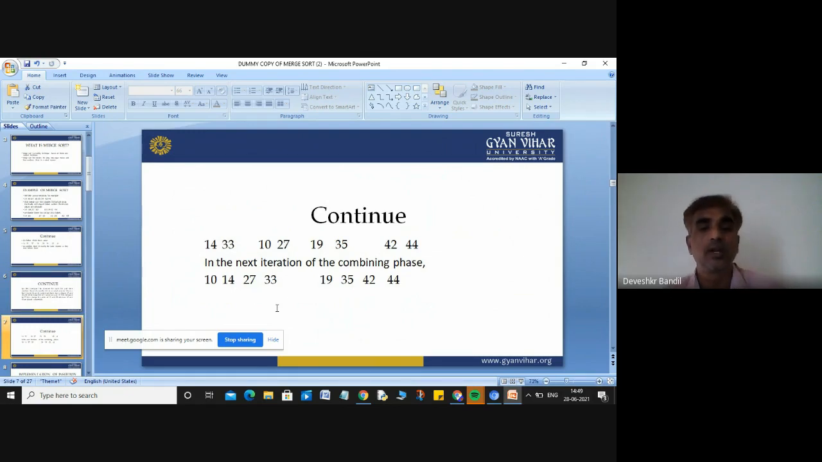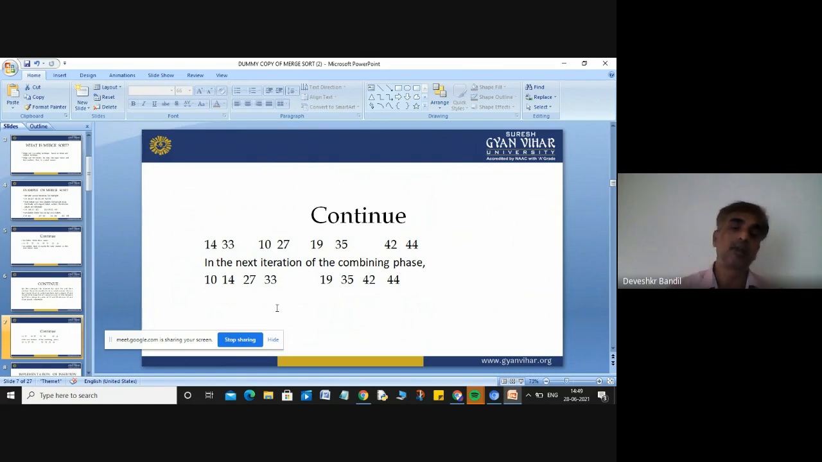First of all, you will combine the 40 and 33. After that you have to combine 10, 27, 19, 35, 42 and 44. And you can see in this given slide, in your first line, all elements are sorted. And in the next iteration of the combining phase, 10 is the minimum value, so 10 will be taken